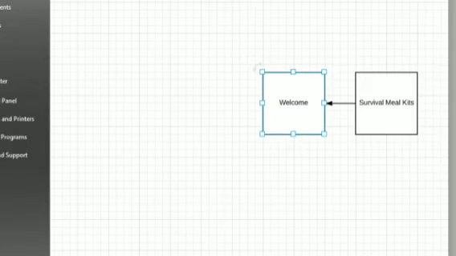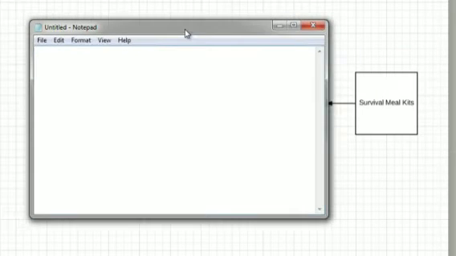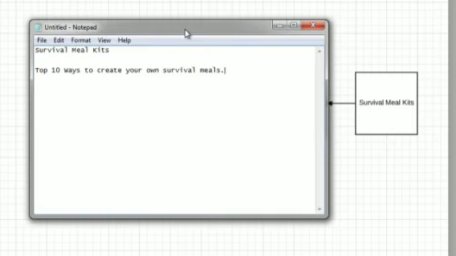If we open up our little nifty notepad here, we could just start brainstorming survival meal kits. Maybe the top 10 ways to create your own survival meals. Now, maybe you want to talk about how to do it, and the whole process is very time consuming, right?